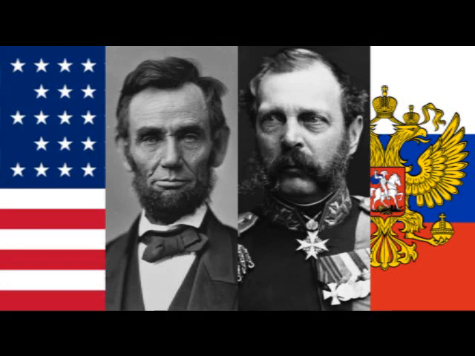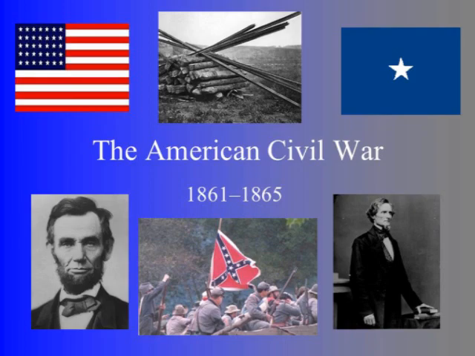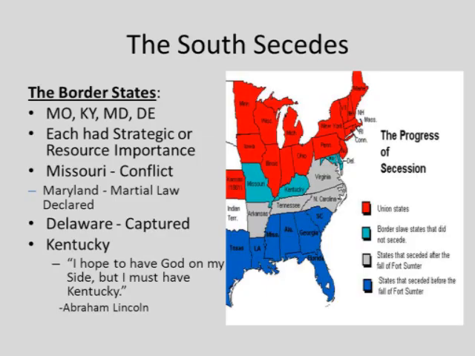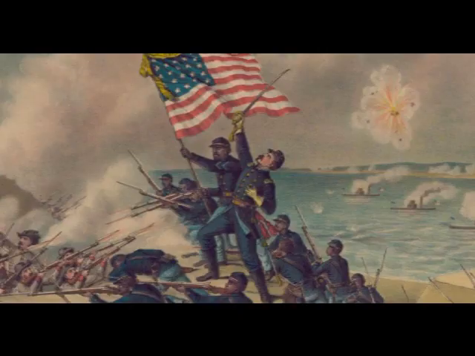Russia and the American Civil War. Introduction. The American Civil War was fought from 1861 to 1865. The Union faced secessionists in 11 southern states grouped together as the Confederate States of America. The Union, or North, won the Civil War, which has gone down as the bloodiest war in U.S.